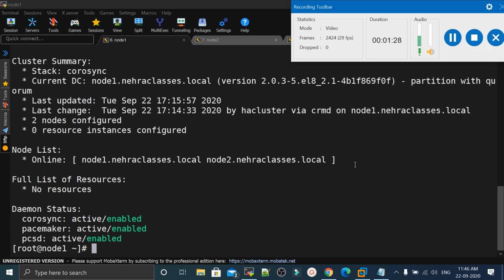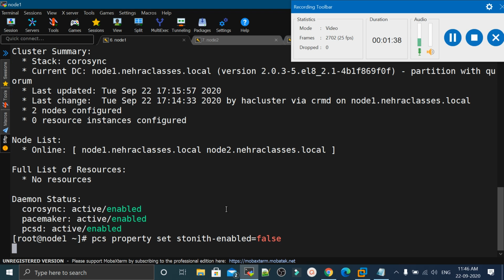If you are using fencing devices, then it's okay. But if you are not using fencing devices, then you can disable them by executing the pcs property set stonith-enabled=false command. After disabling the fencing devices, we can